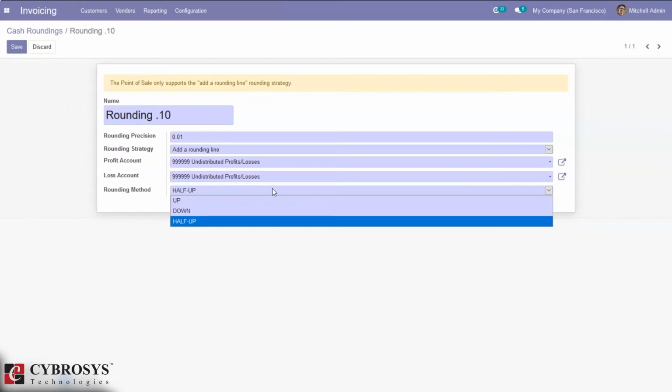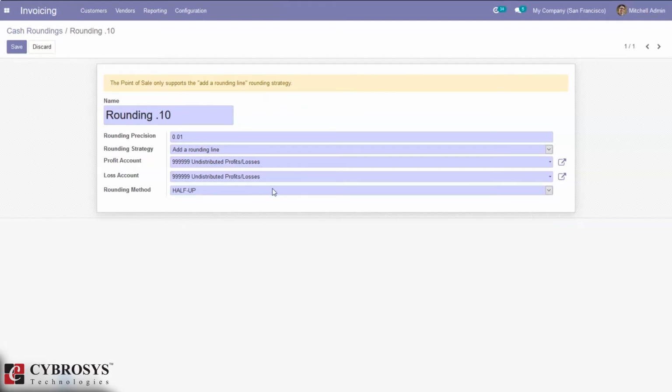And we have half up. This method is used in case of fractional values: if the fractional part of a value is greater than or equal to 0.5, the rounding will be done towards plus infinity. On the other hand, if the fractional part is less than 0.5, then rounding is done towards minus infinity.